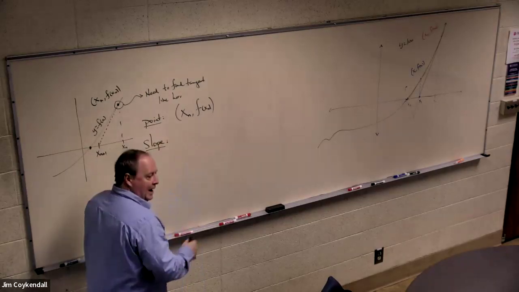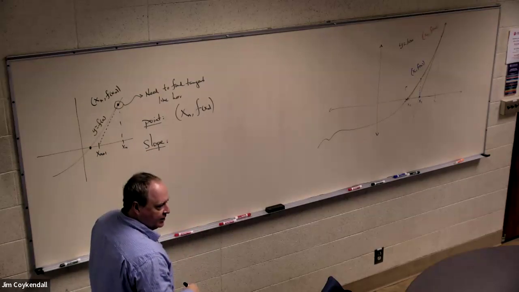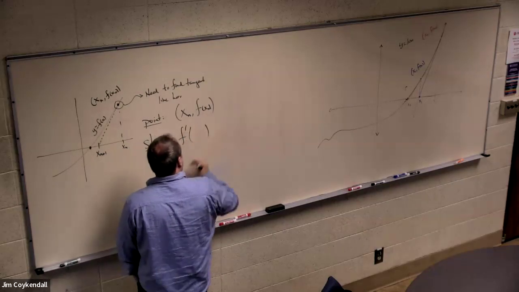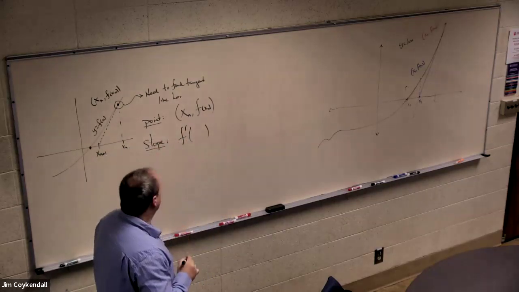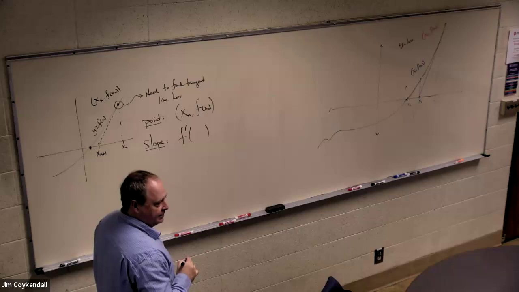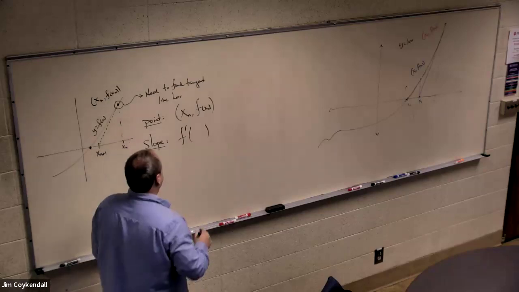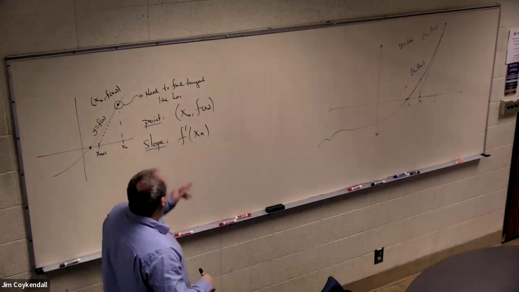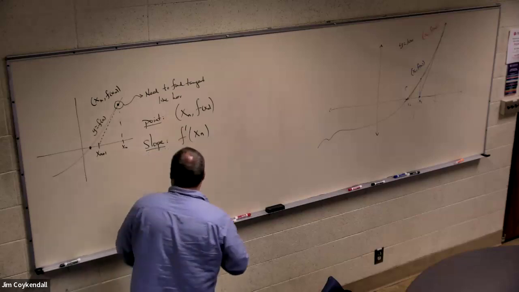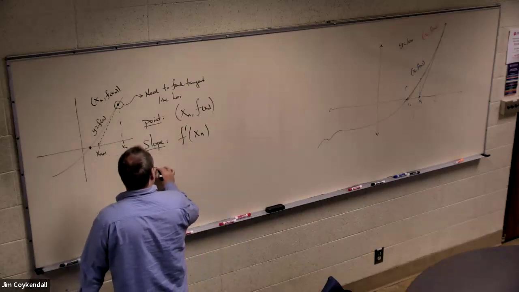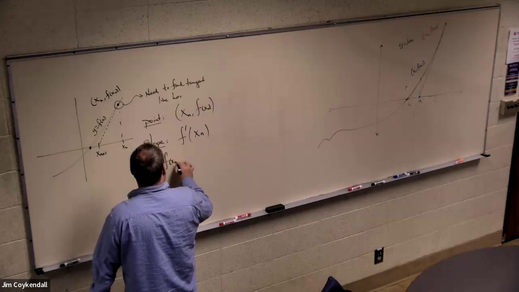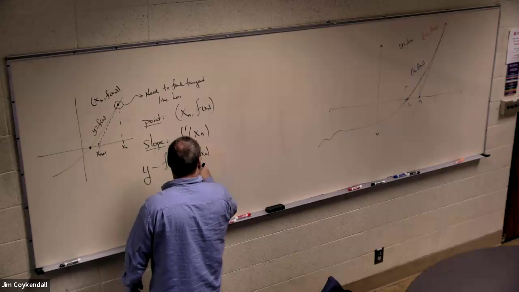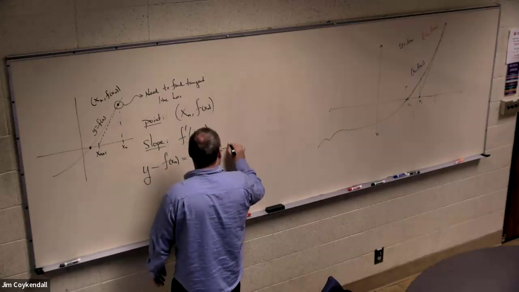What's the tool that we have for finding the slope of the tangent? Derivative. So it should be f prime, something plugged in. And what is the appropriate thing in this case? There you go. xn. This tells me exactly what y minus f(xn) should be equal to: f prime of xn, because that's just a number, times x minus